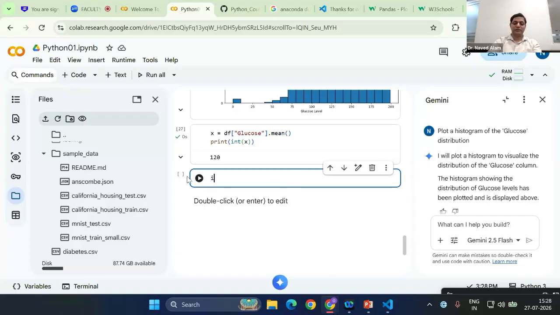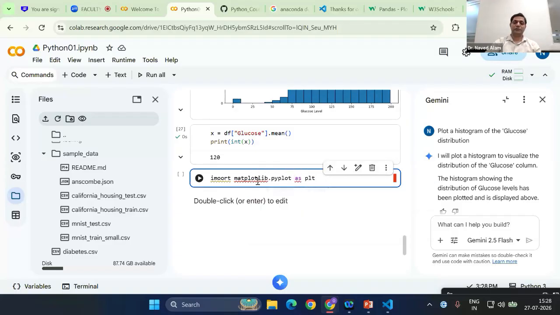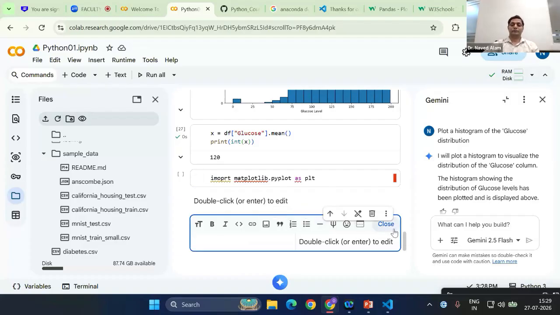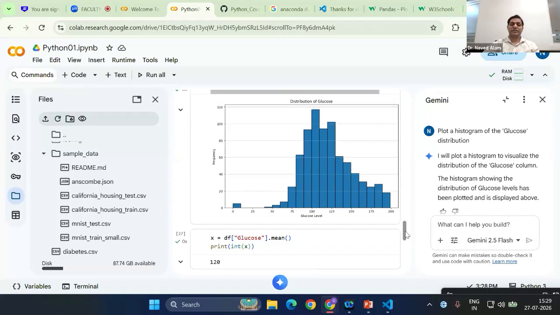And we can import this library by using import matplotlib.pyplot as plt. Okay. Import is not written correctly. Matplotlib.pyplot as plt. Okay. So this library, known as the matplotlib library, will help us to create such